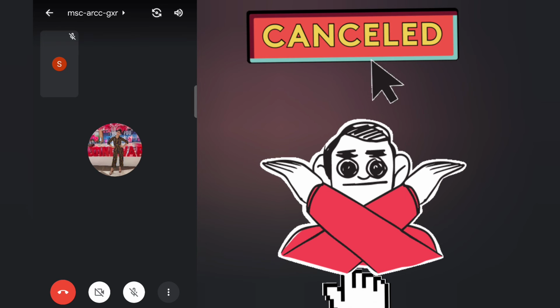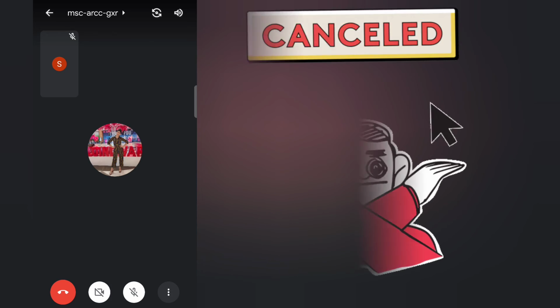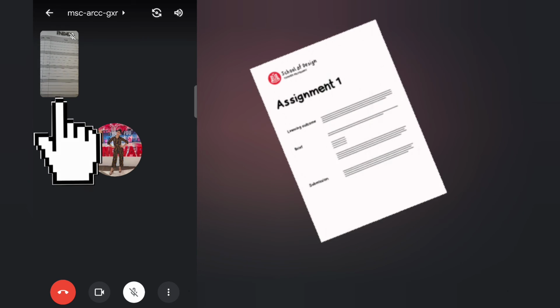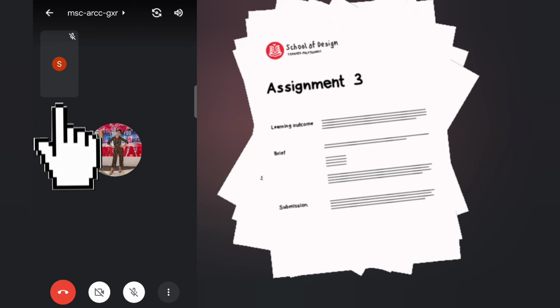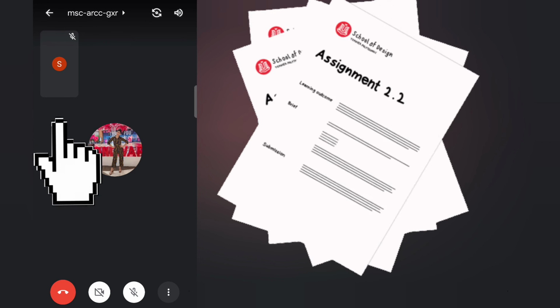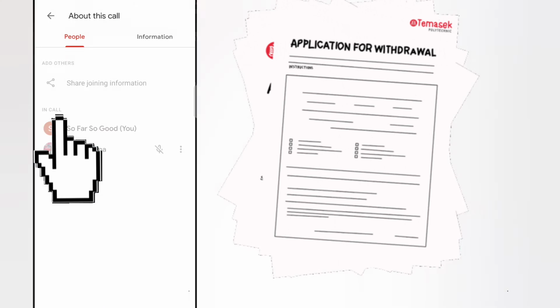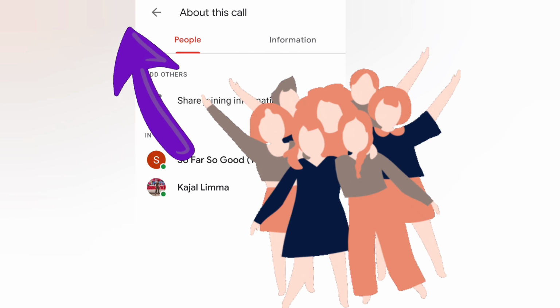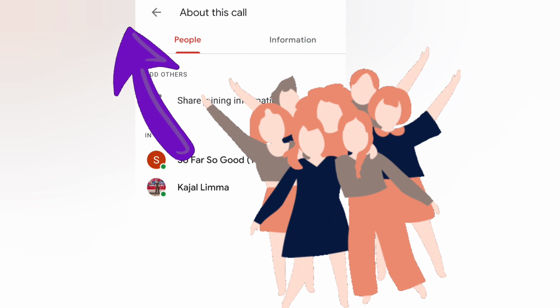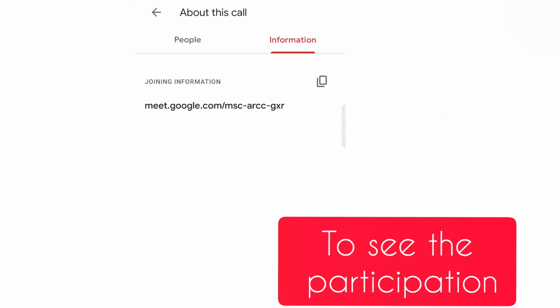We also have another feature to rotate your screen that helps students share their assignments if they are in offline mode. For example, you can see it will be visible in such a way. If you wish to see who are part of this team, you can click on this small triangle with the arrow, which will help you know. You will be able to see how many candidates or members are attending the session with you. This information will help you click the link to share with your peers and members.